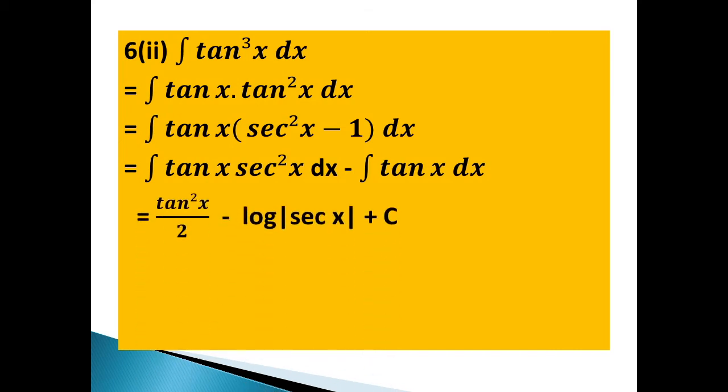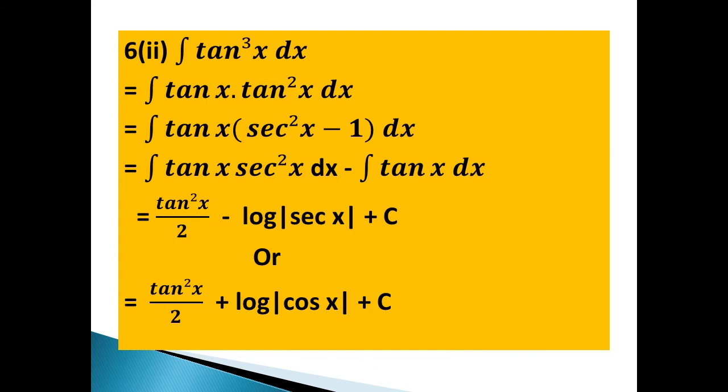When I integrate now, in the first one I have taken tan x as t, and so therefore sec square x dx becomes my dt, and using the formula now t to the power of n, I get my tan square x by 2. The second part is a direct one. Integration of tan x is simply log of sec x there plus c, which is the constant of integration. Now you know that the integration formula of tan x has got two forms. So therefore this was with the first form, that is integration of tan x is equal to log sec x.